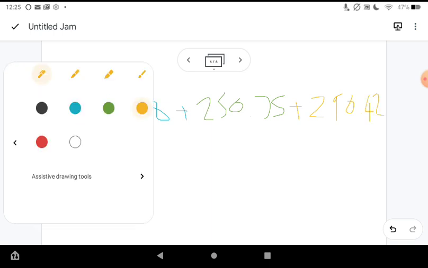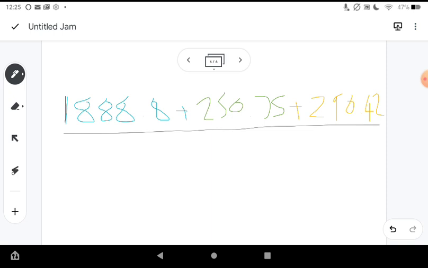Okay, I've added those together. They normally do equal 100. In this case, they actually equal 99.9. Now I'm going to have to add those together on top. So that will equal on top